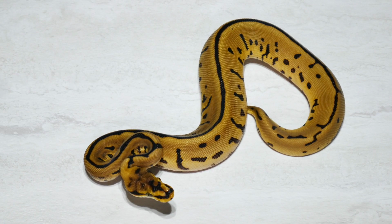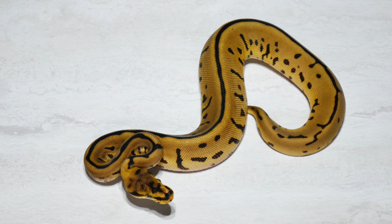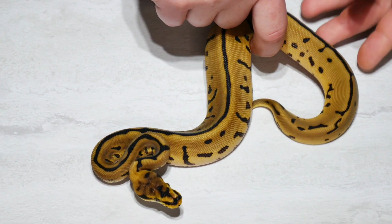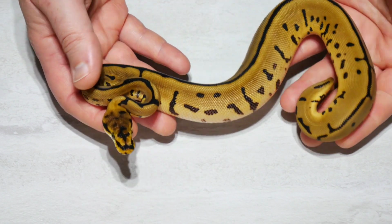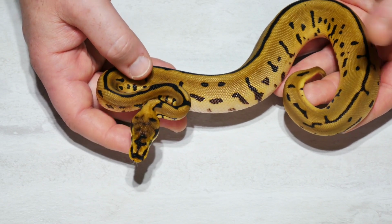So I don't know if the reduced pattern is an indication of potentially a super leopard here. It is a female. We figured we'd hold it back, and then from there we'd pair her down the road and see if we actually get all leopards out of it. And if so, eventually she will take the place of her mom, because